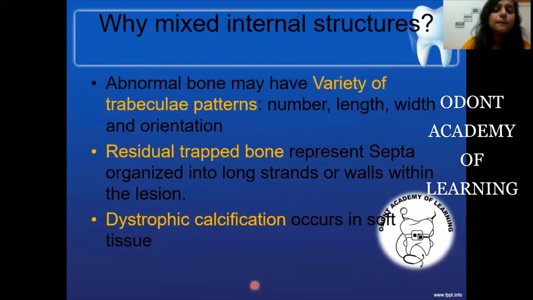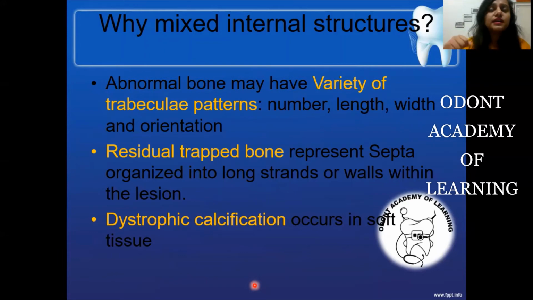Now, why do we see a mixed internal structure? It can be because of the trabecular bone. We know that the trabecular pattern differs. In the maxillary anterior, it is more fine and larger when it comes to the marrow space, and slightly spread out in the maxillary posterior region. Then in the mandibular anterior region, it becomes slightly coarse and spread out, also called a step ladder-like appearance in the mandibular posterior region. So this can be one of the reasons why the lesion in these areas appears mixed.